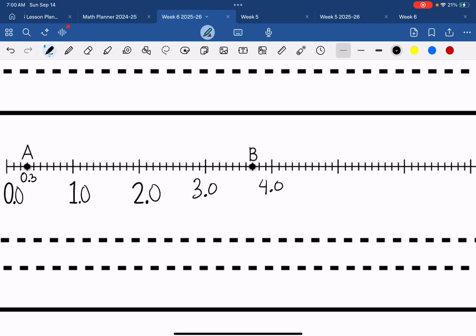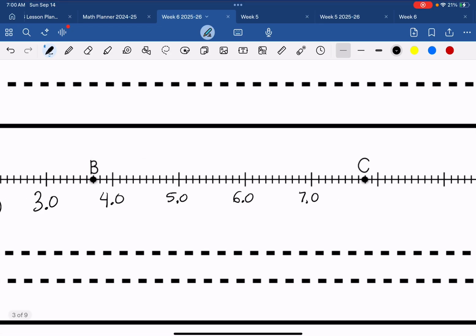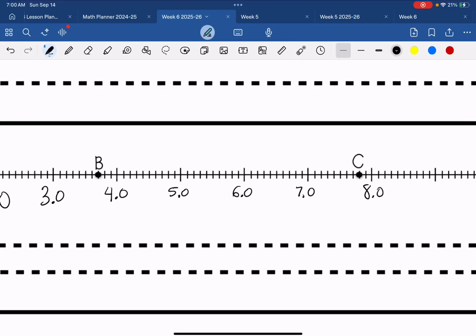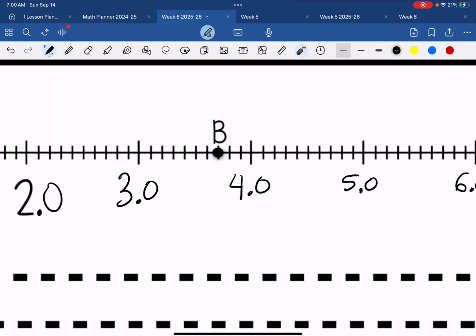And then the next bigger line can be 5.0, then 6.0, then we got 7.0, and then this line right here that's also big, we're gonna call that one 8.0. And we can stop right there. Okay. So this 3.0 almost looks like a 30, and this one almost looks like a 40. So this is almost like saying 31, 32, 33, 34, 35, 36, 37. But it's going to look like this,